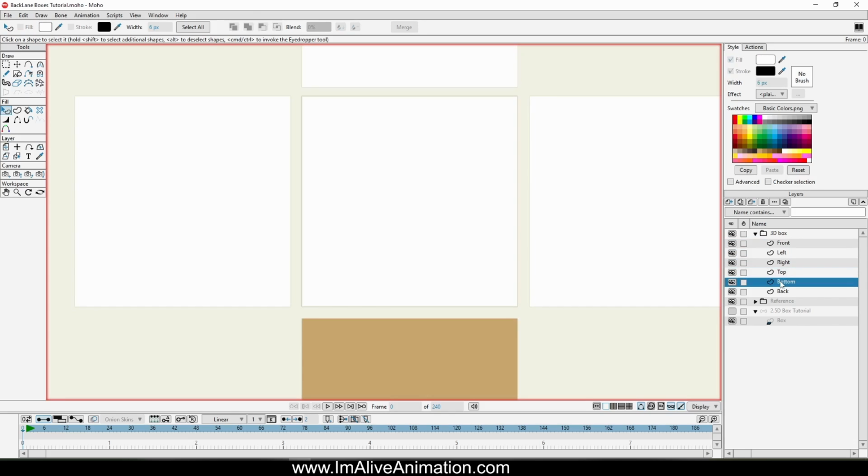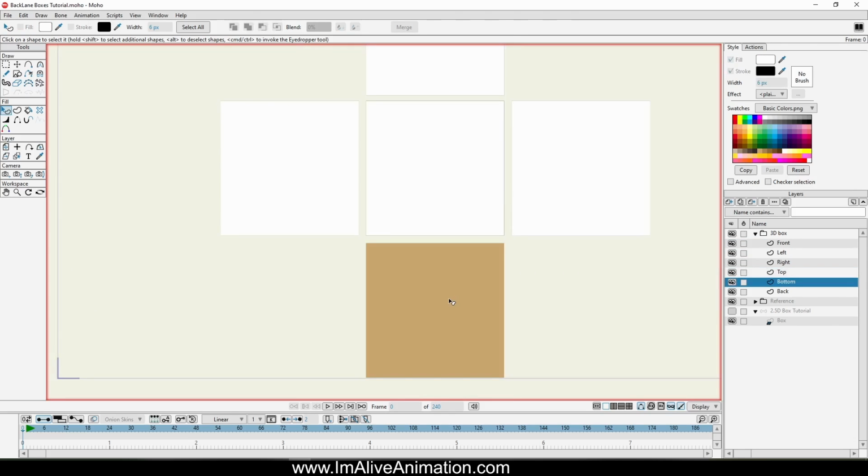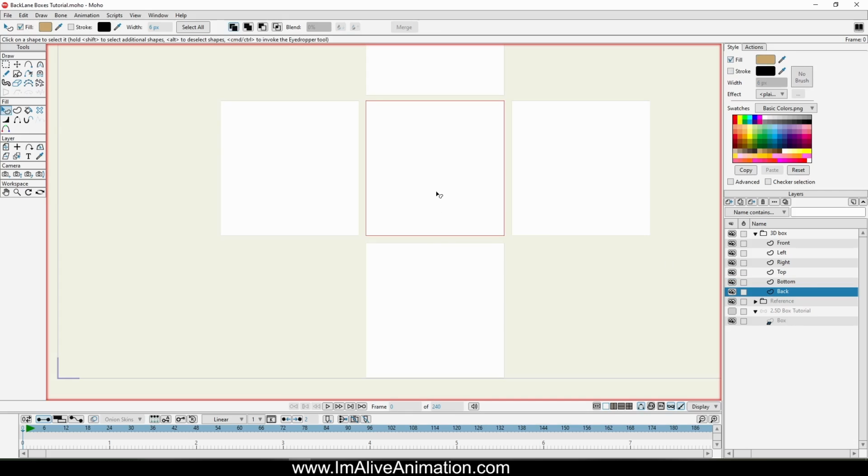Okay, all I'm doing is selecting the layer here, clicking on this with the select shape tool, holding down control, click on the shape, and it copies the settings there. And if I can go to the back, I can do it with the back as well. You can't see it, but it's there. We can always change it later if that's a problem. Right,